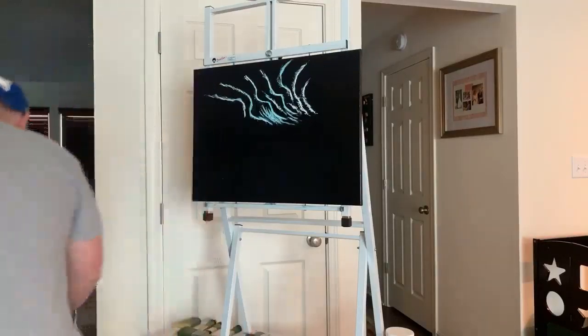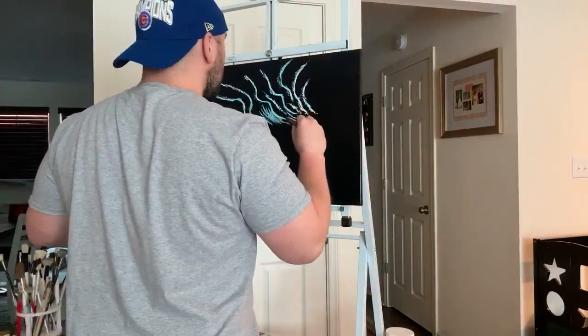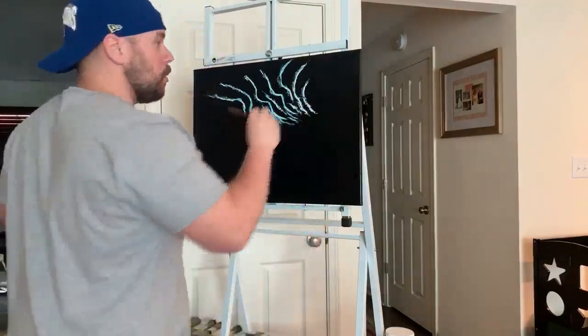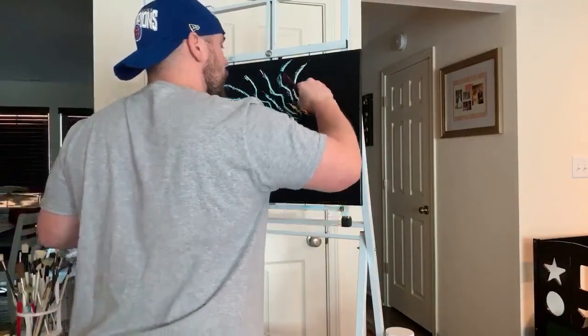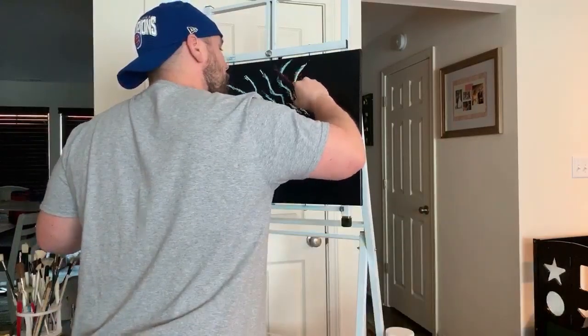I figured today I would do a painting to celebrate what we just had through Indianapolis. We were able to see the Aurora Borealis through Indianapolis over the last few nights. It's just been very cool. So I'm going to try to,